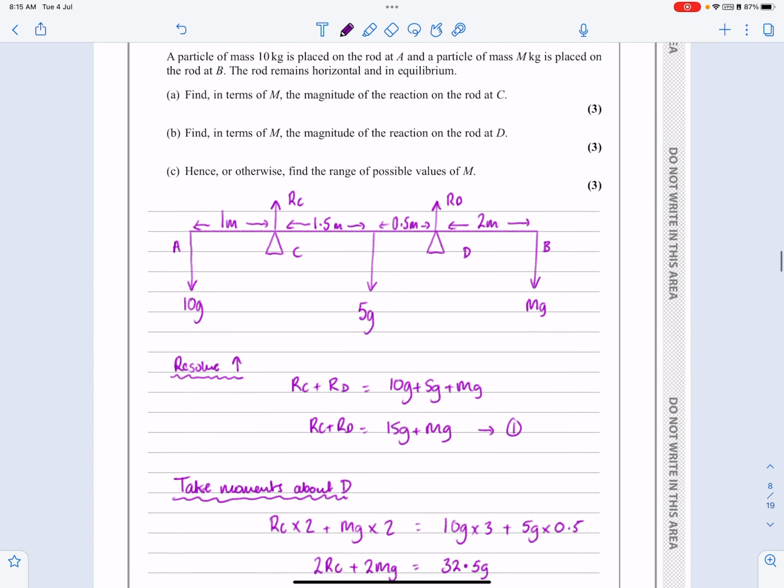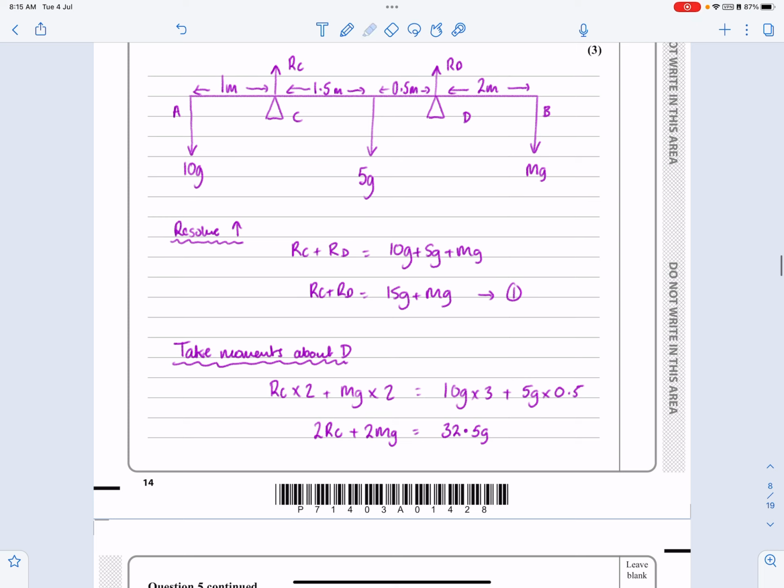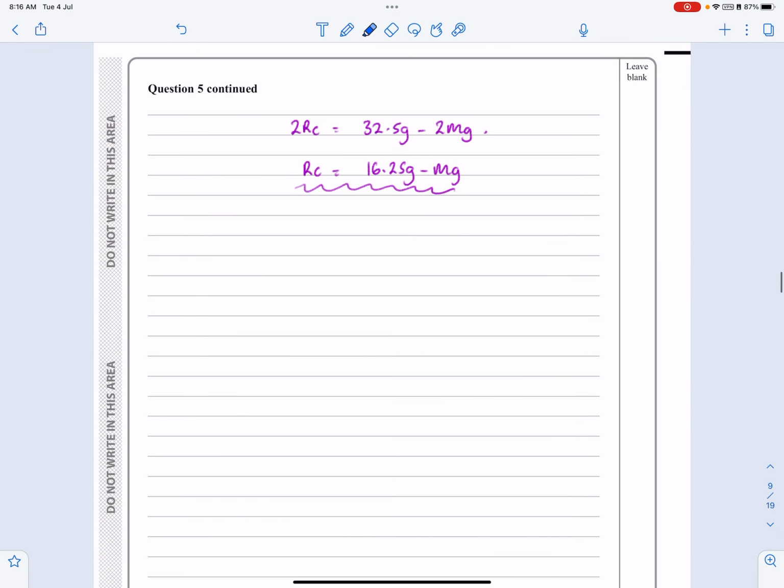Now if I want to work out RD, I could do exactly the same thing and just take moments about C instead. So that is one option that you can do. But what I'm going to do, because I've already done this bit up here, I'm just going to use that information just a little bit quicker. Well, it's not necessarily quicker, but it's just something that I prefer to do. So for part B, if I'm going to work out RD, I'm going to say from equation 1, notice that I labelled it before,